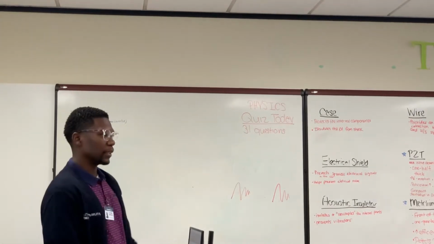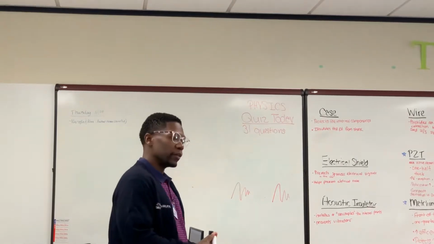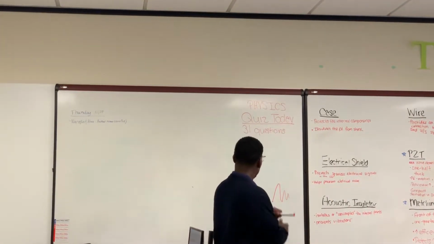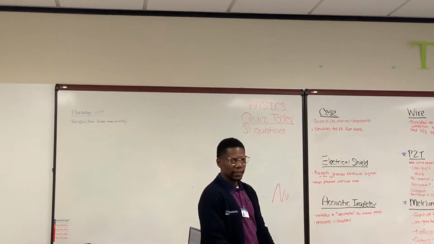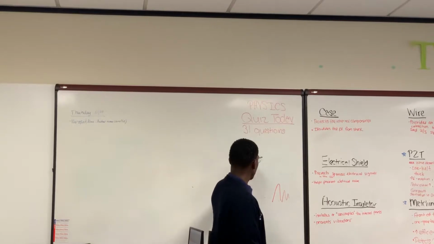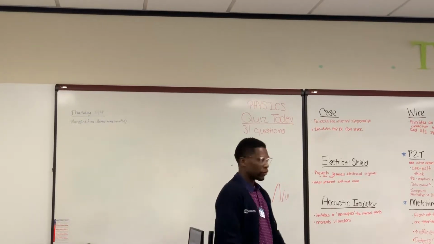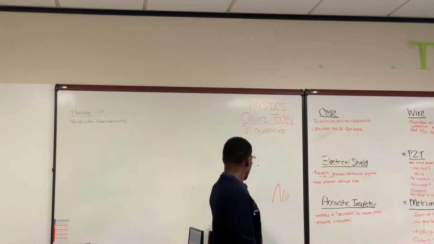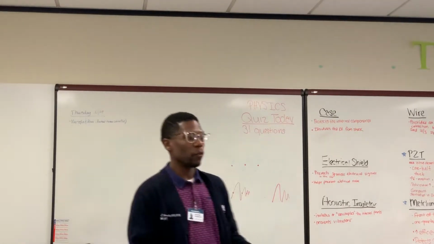Remember, frequency is the beginning of one cycle to the beginning of the next cycle. So when it has a wide range, this is from right here to right here, that's the cycle, right? That distance, or time, is going to be the same with each cycle. From here to here, that's different. From there to there, that's different. See how the range of that frequency is different? That's what we're talking about with wide bandwidth